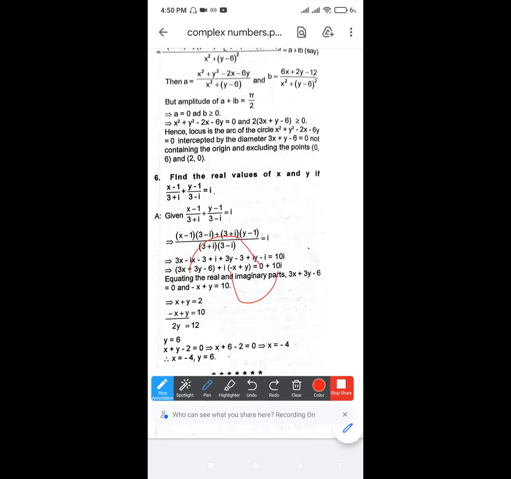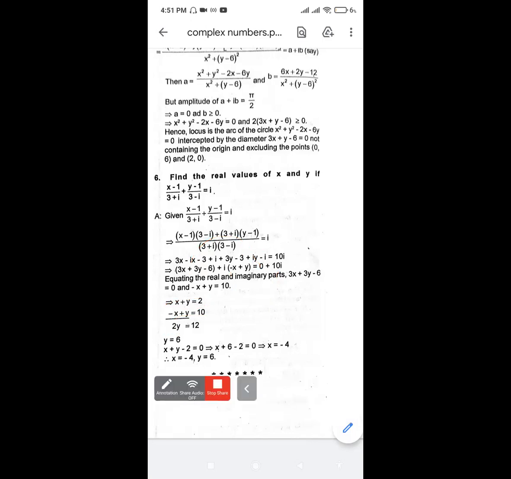Then we are finding the value of y, which is nothing but 12, from these two equations. To simplify the equation in linear equation and one variable chapter in class 10, we are just simplifying to get the value of y. Then we substitute the value of y to get the value of x. So value of x is nothing but -4 and value of y is nothing but 6.